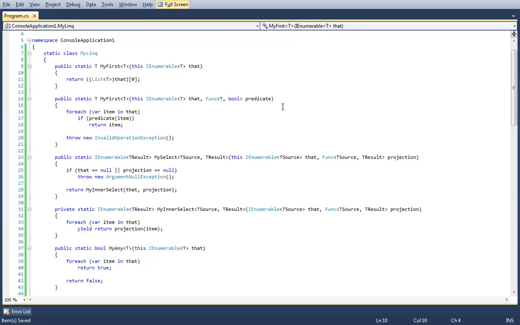Yeah, people are saying because it might not be a list. What if you wanted to get the first item out of a dictionary? Or what if you wanted to get the first item out of an invocation of MySelect? Remember, the IEnumerable that MySelect returns, even if the IEnumerable that's passed into the first parameter is a list, the one that it returns is not a list. In fact, it's not a collection of any type. It's an iterator block.